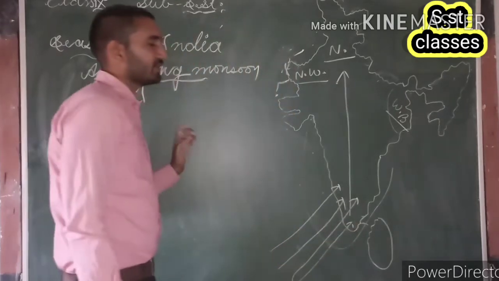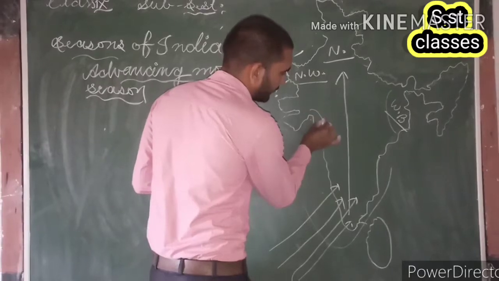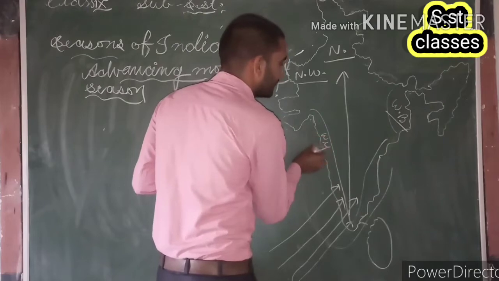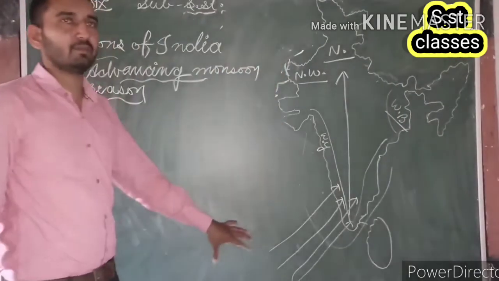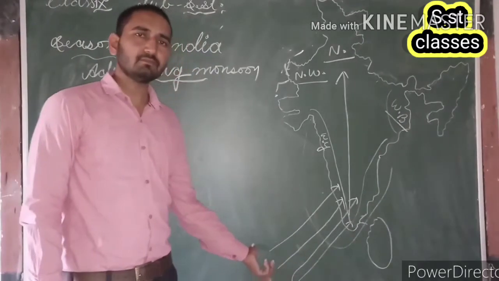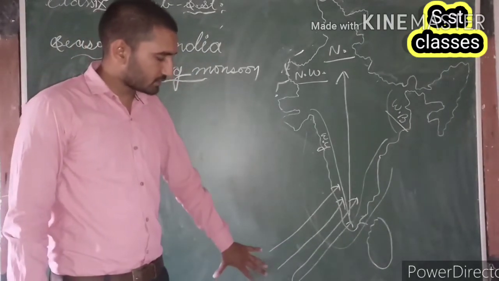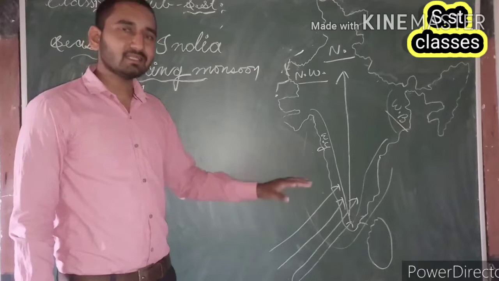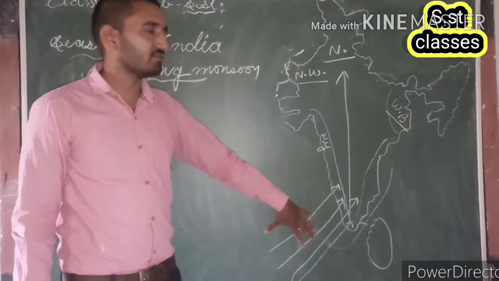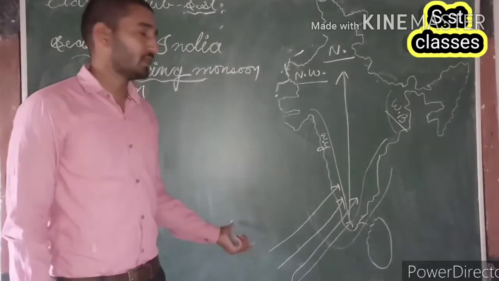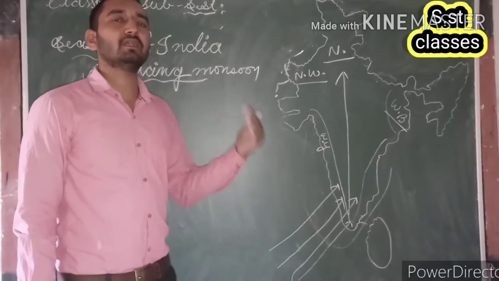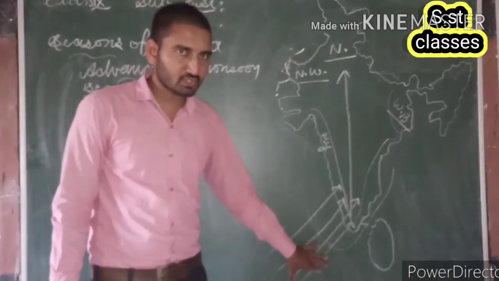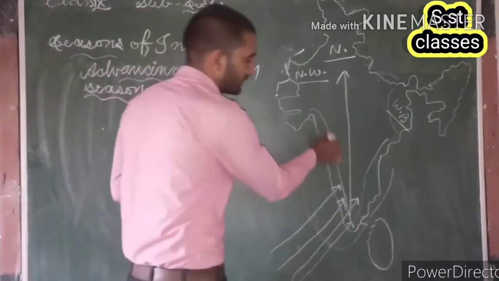And after entering in India, they strike with the slopes of Western Ghat. This is Western Ghat. So when the monsoon winds enter in India, means from the southwestern direction, the monsoon winds blow over the sea. These winds blow over a region which generally has a temperature of 30 degrees Celsius. Winds are blowing over the sea, so it means they will contain a lot of moisture, and in this way these winds enter in India from the southwestern direction, and after entering in India, due to striking with the Western Ghats,